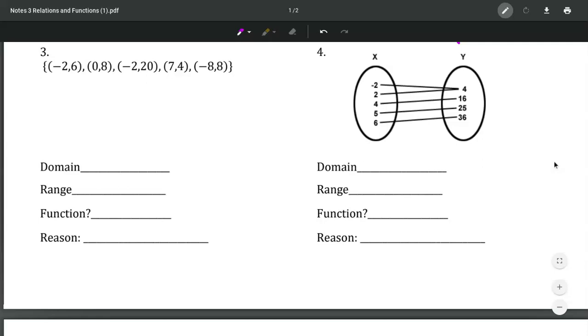So let's just look at a couple more examples here. In number three, we have what's called a list, and you see that from the braces here. Braces represent lists. So it's the exact same as showing ordered pairs in a table, except we're showing them in more of a format that we'd see maybe if we're going to talk about a specific point that's on